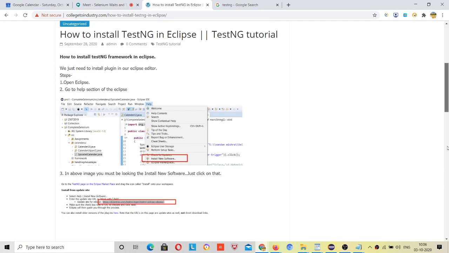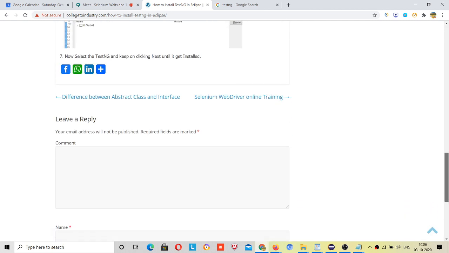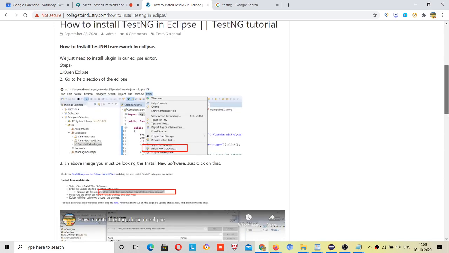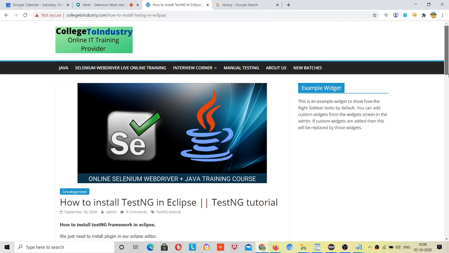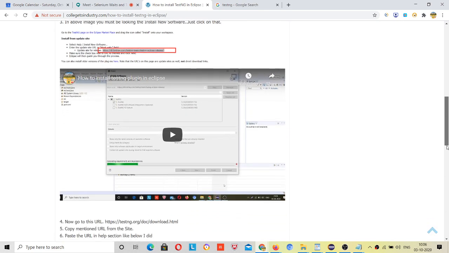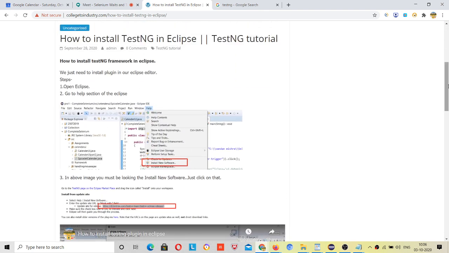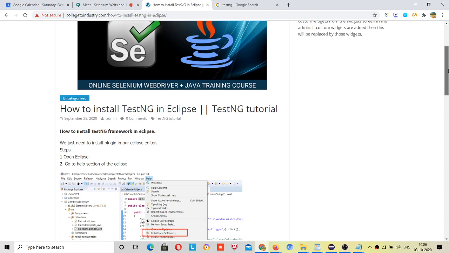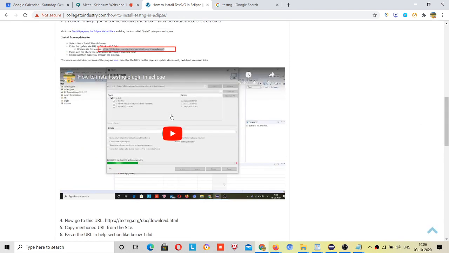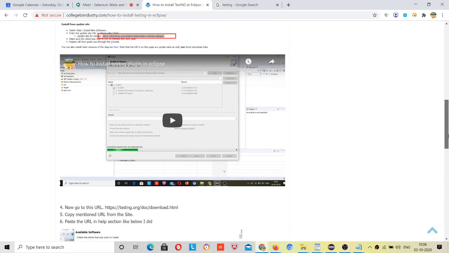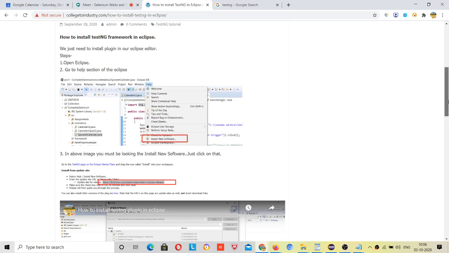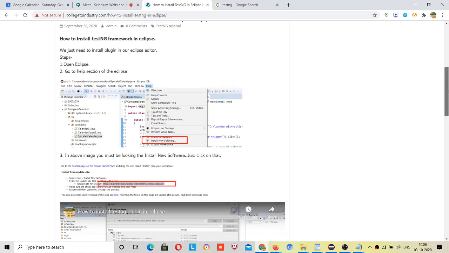See this article if you are facing any problem in installing TestNG. Here in this session I will also tell, but after this session, if you quickly want to install TestNG, because this will be a 2.5 hour session, then you can get this 3 minute video which is available on YouTube as public, so you don't need any access for that.